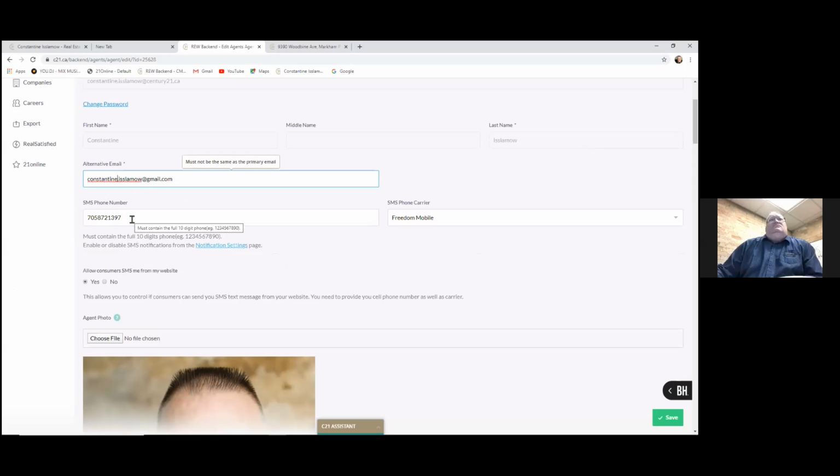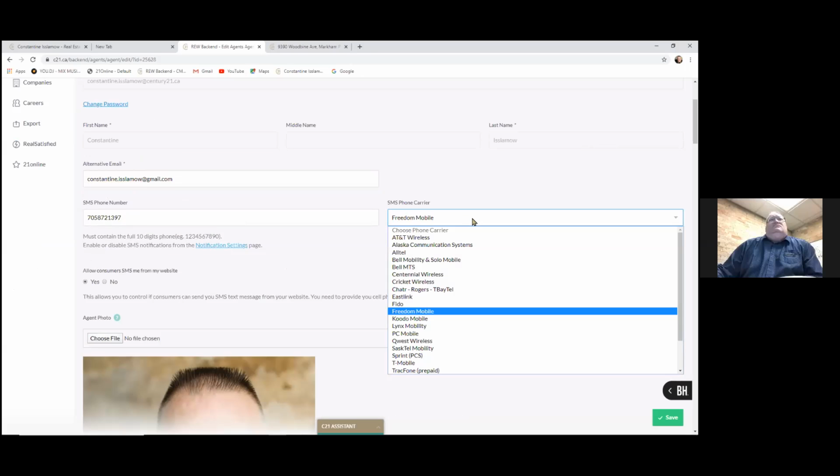SMS phone number, short message syndication. If you want a consumer to text you through the website, they do not see your cell number until you return it. This just appears on your phone as a text message. So if that's something you'd like, you need to put in your area code and your 7-digit number and select your phone carrier from the drop down here. For those that are on Rogers,